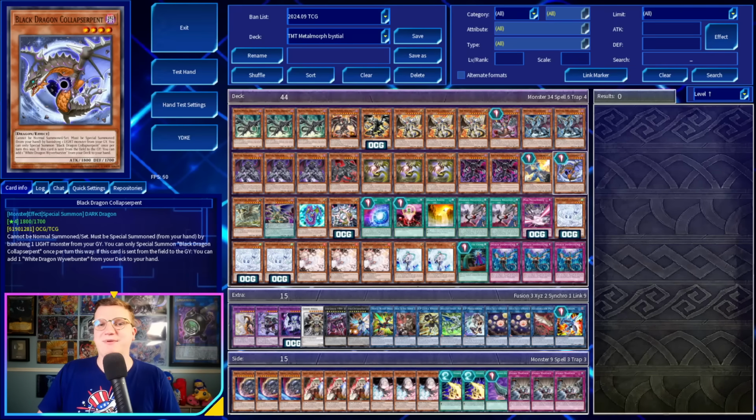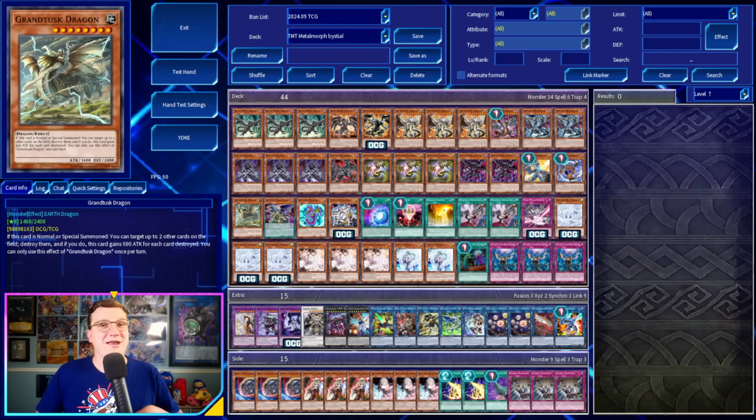After that, we've got 1 copy of Wyver Burster, 1 copy of Collapse Serpent, and a card I'm sure you're surprised to see, Nutbuster Dragon. If this card is normally special summoned, you can target 2 cards on the field, destroy them, and this card gains attack for each card destroyed. Turns out you have a lot of ways to make this happen, not least of which is, of course, the